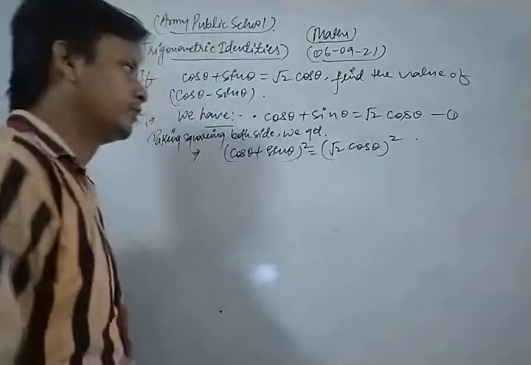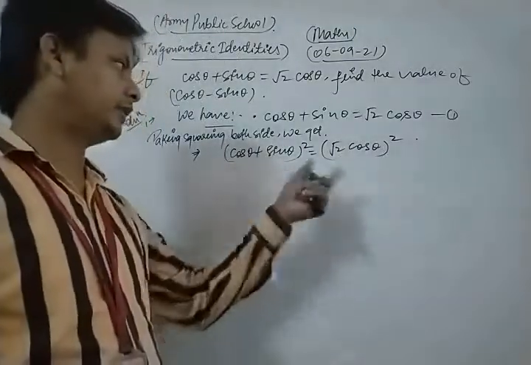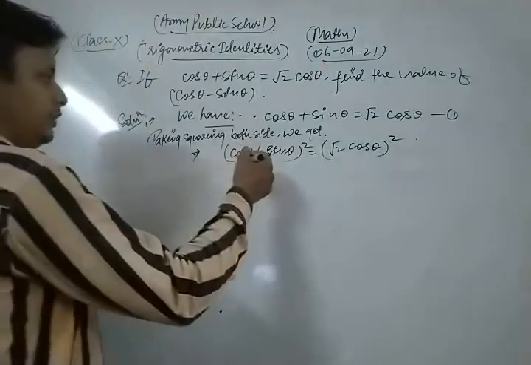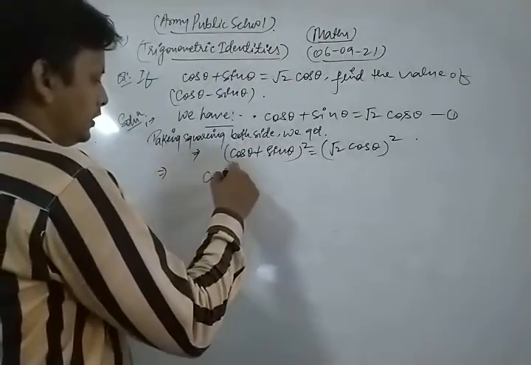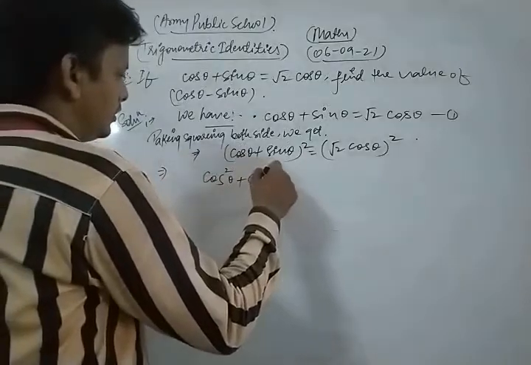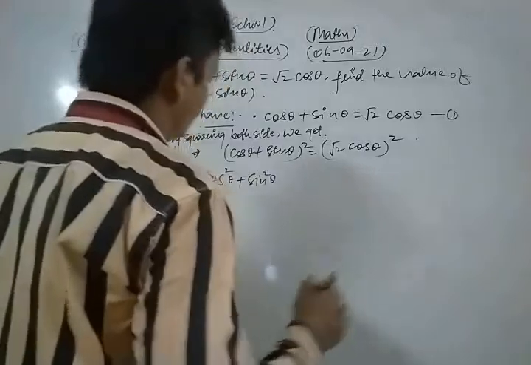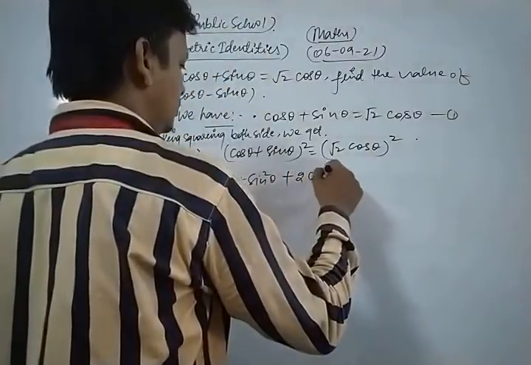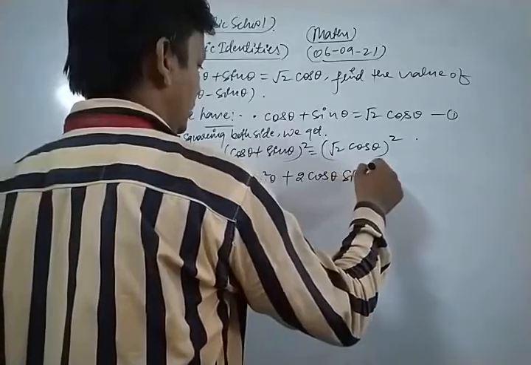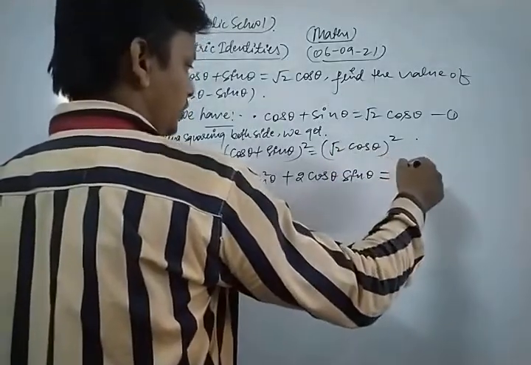Squaring both sides means taking the square of both sides. Now we expand this. Here it is a plus b whole square, so we get a square plus b square plus 2ab, which is equal to root 2 square, this is 2,